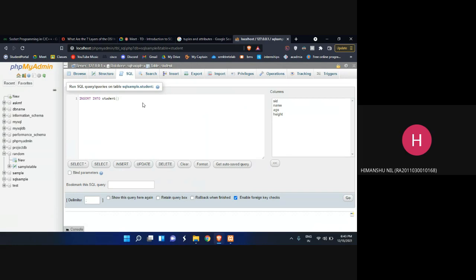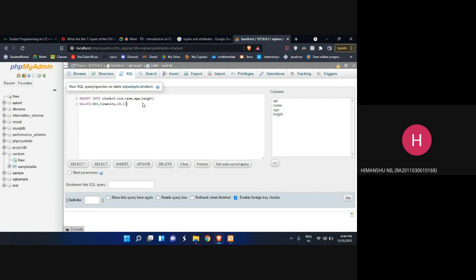Either I can select the columns, or I can just put them in the sequence. So let's do it with the column way. First I give the column names: sid, name, age and height. After which I will write values in the same sequence: 001, name is Himanshu, age is 9, and height